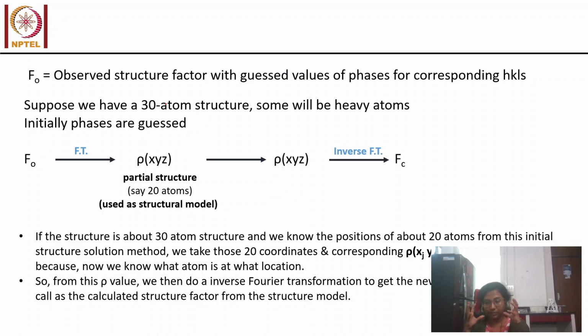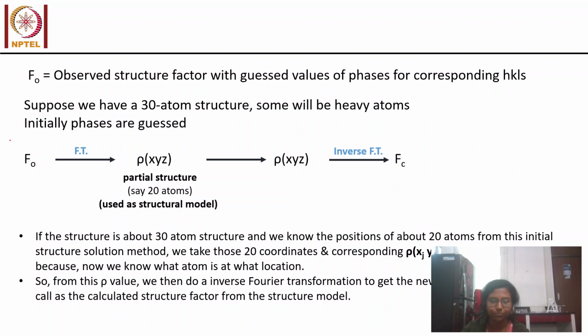So then in the structure we have heavy elements like bromine, manganese, and then we have comparatively lighter elements like carbon, nitrogen, oxygen, because nitrate has to be there to balance the charge and all. And then there will be lots of hydrogens also, which are very light elements. So suppose we have this kind of a 30 atom structure, so there will be some heavy